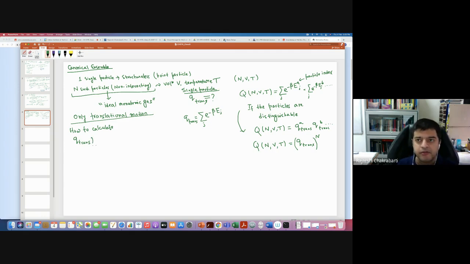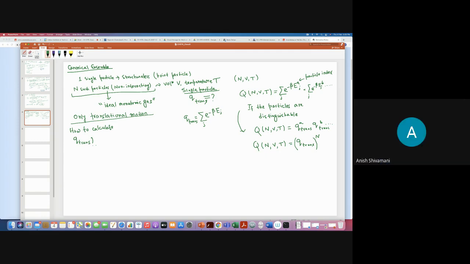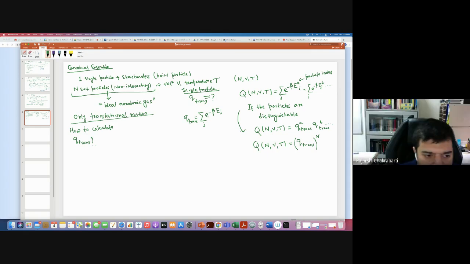Any suggestion from the students? Well, how can I calculate this translational partition function? We probably have to integrate over energy, right? Yes. Because basically, I can assume that I have a box